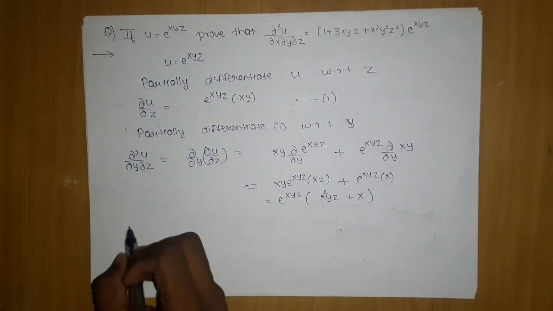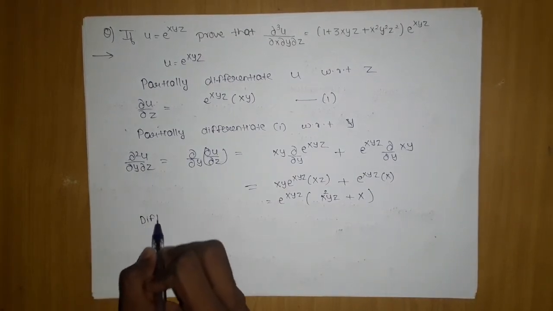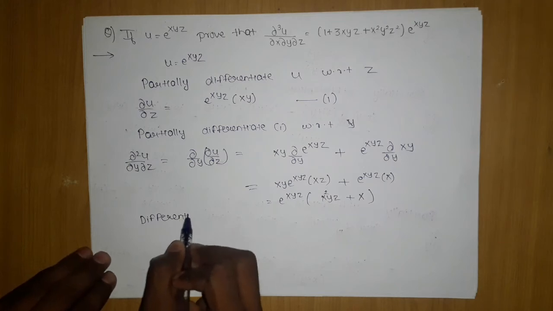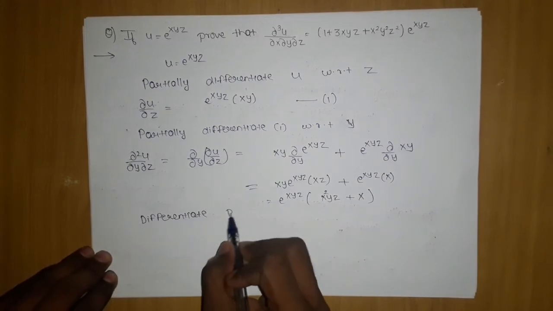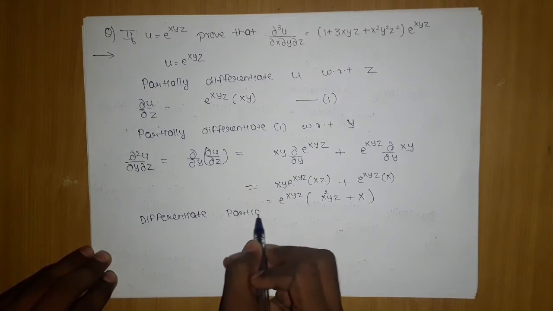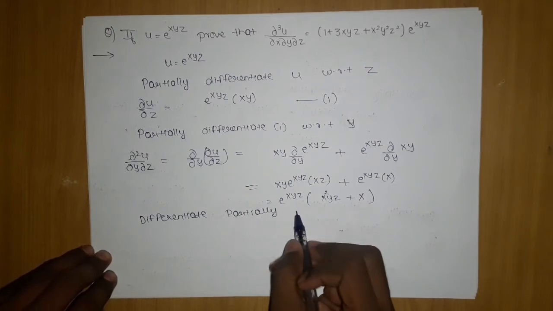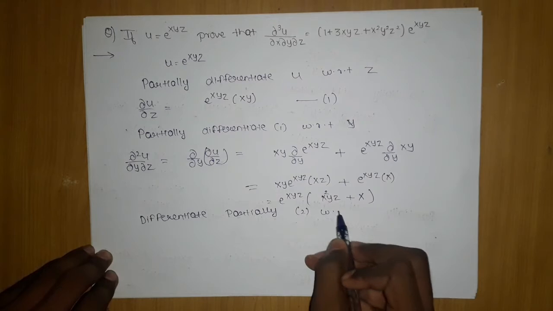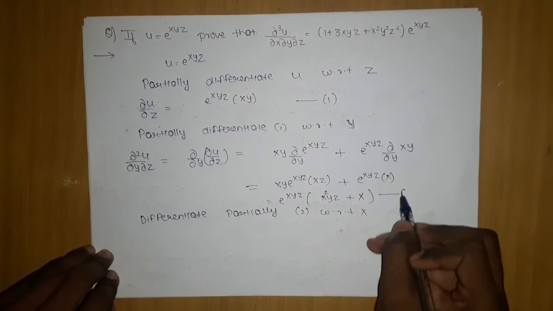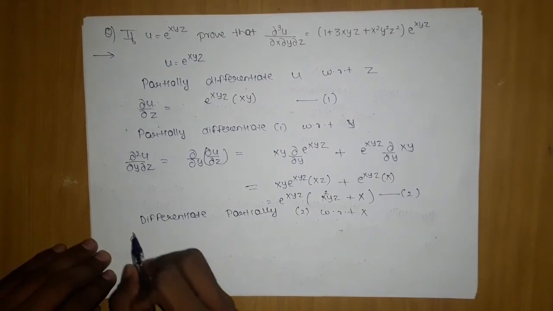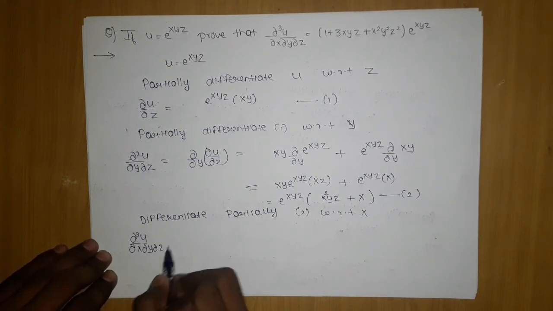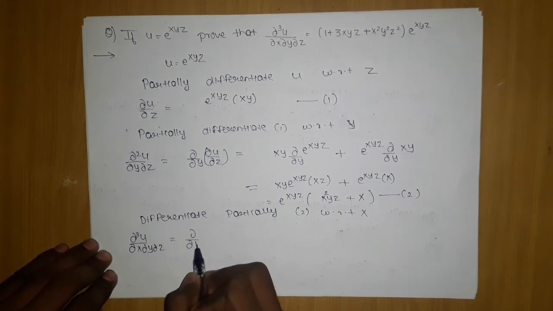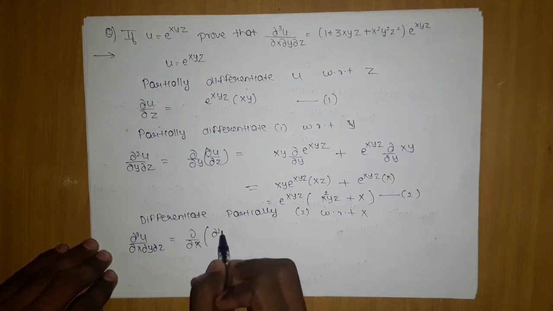Now partially differentiate 2 with respect to x. This is 2, ∂³u/∂x∂y∂z, which is the required thing, which we can write as